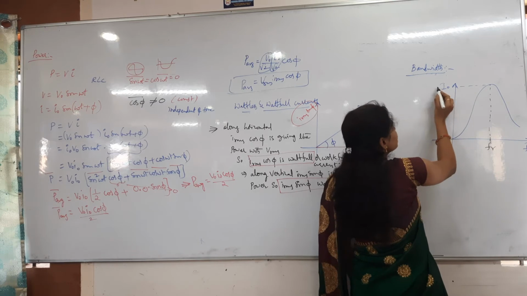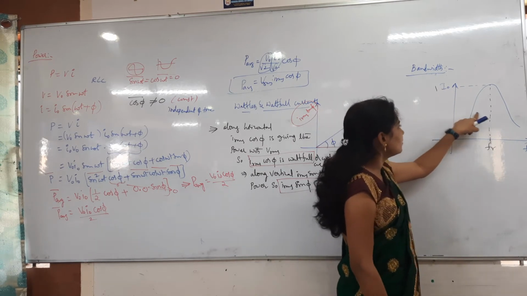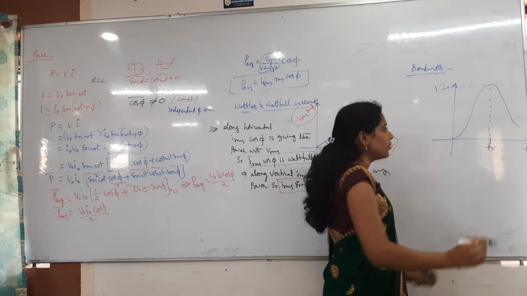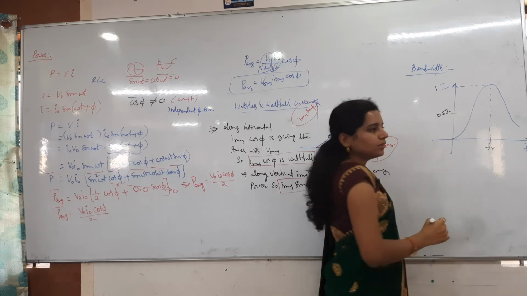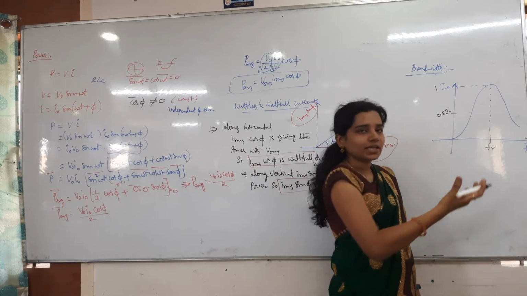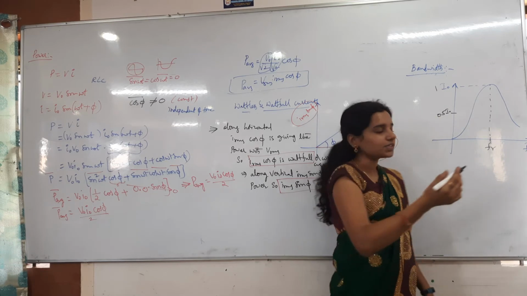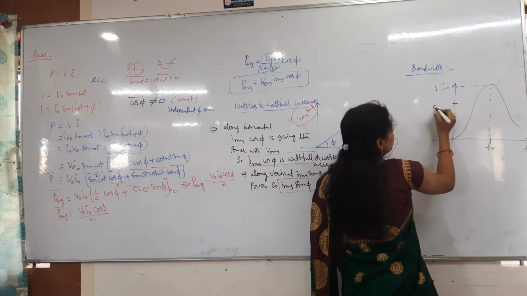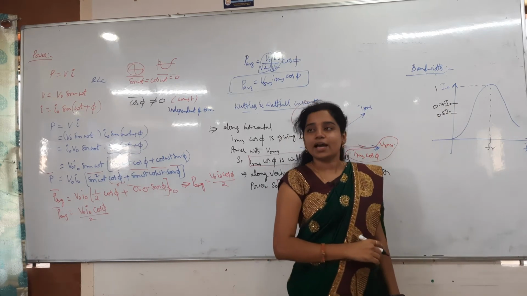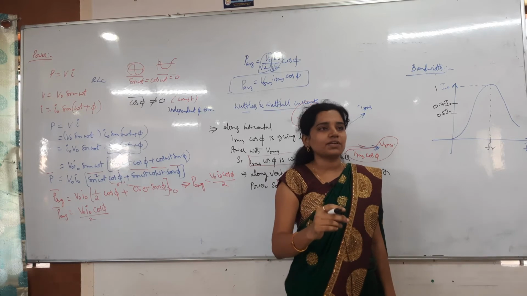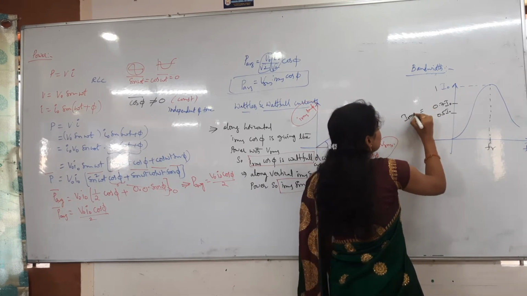Now I have this as I naught. Then in the middle, exactly at the half, what will I have? 0.5 I naught. If you go a little bit above, 0.6 I naught, and a little bit above that, I will get 0.7 I naught obviously. So I am getting here 0.7 I naught. What does 0.7 I naught mean? IRMS, 0.707 times I naught. So this will be the IRMS here.